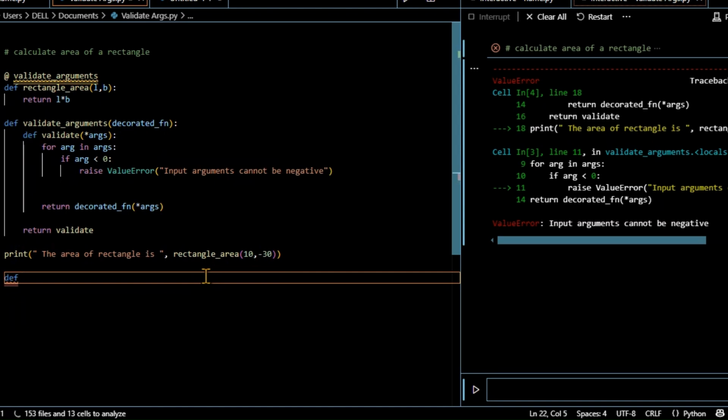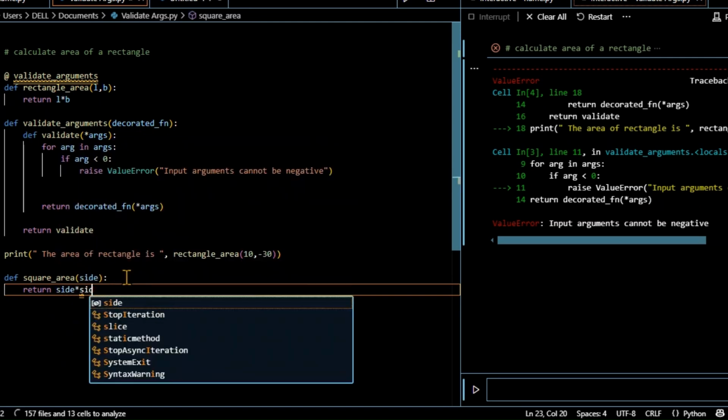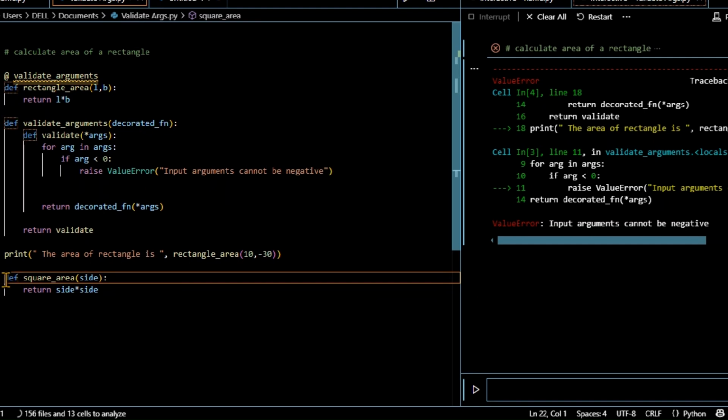So we will write def square area side, right? And then return side into side, right? This is another function that I'm creating and I am associating it with the same decorator